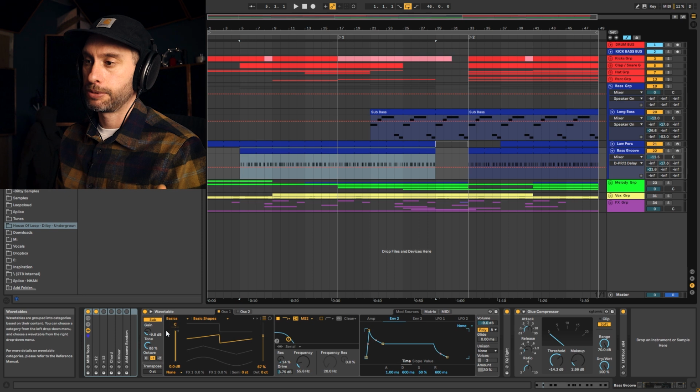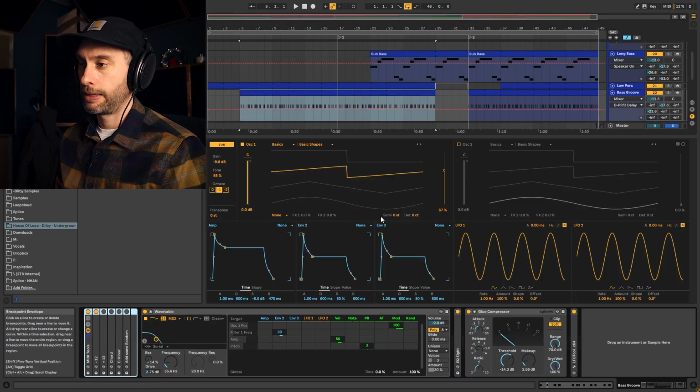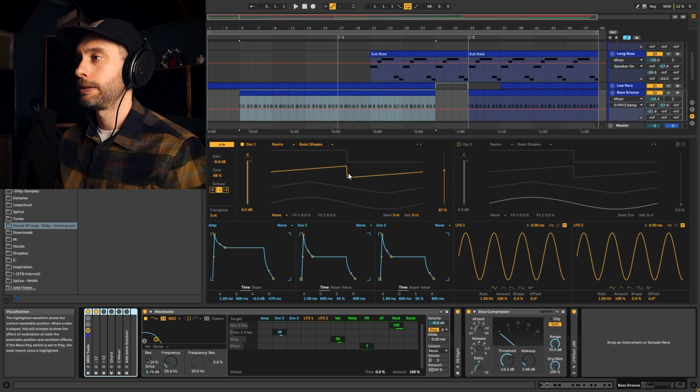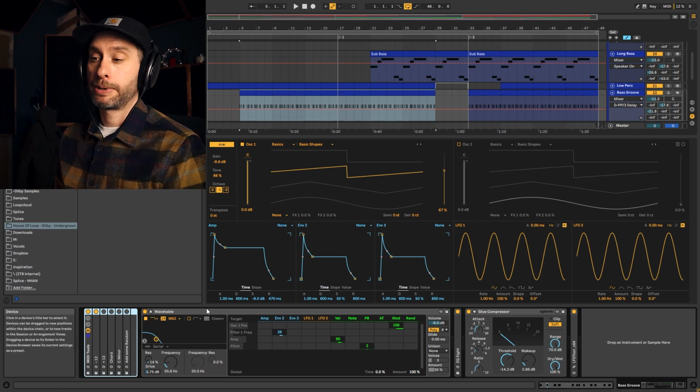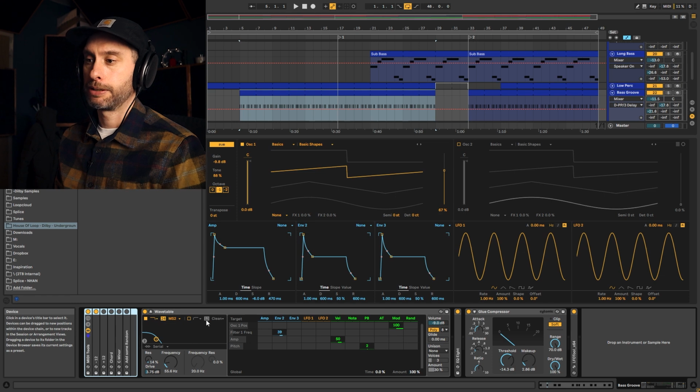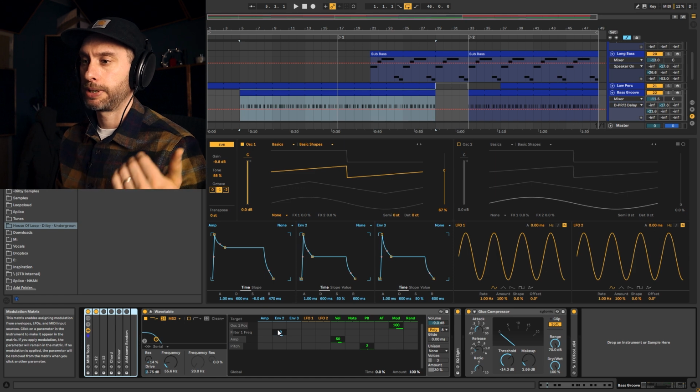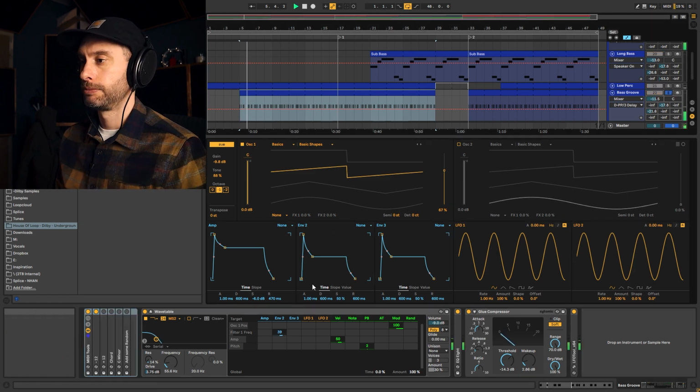I've used a wavetable with a sub. I've added a bit of harmonics to the sub with the tone. And then I have added on an oscillator here, oscillator 1, which is playing a sawtooth. I've then cut away the upper harmonics with a filter to make it really nice and tight, and I'm using this envelope 2 to automate the filter frequency and make it really nice and plucky. Without the filter,